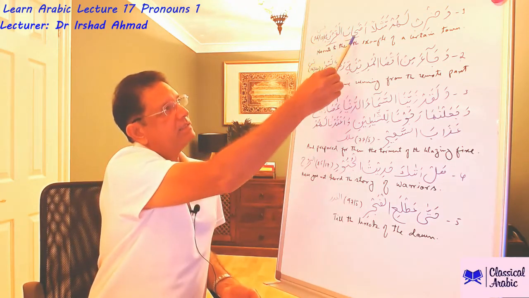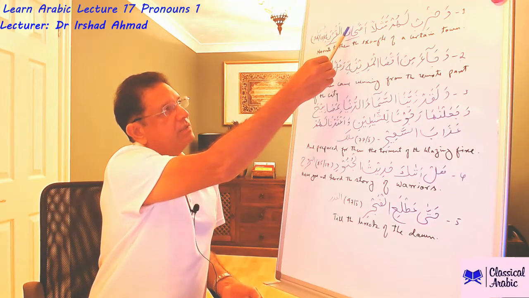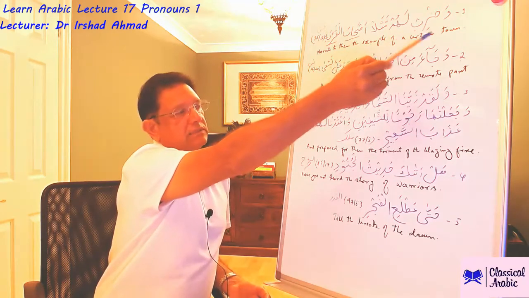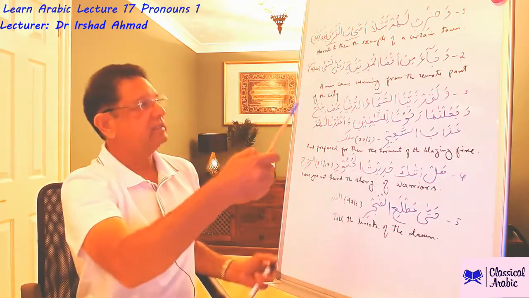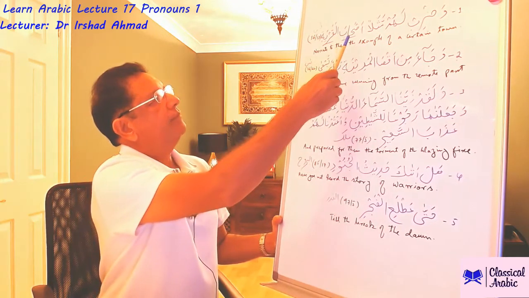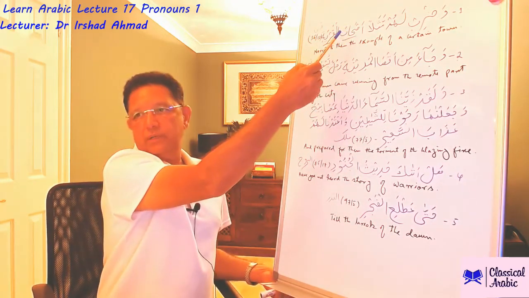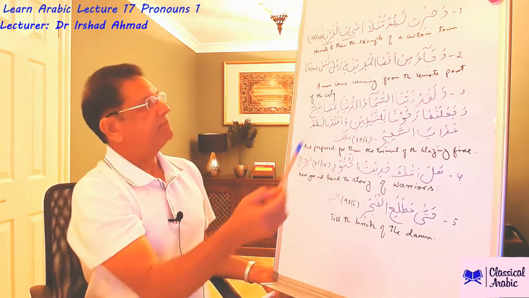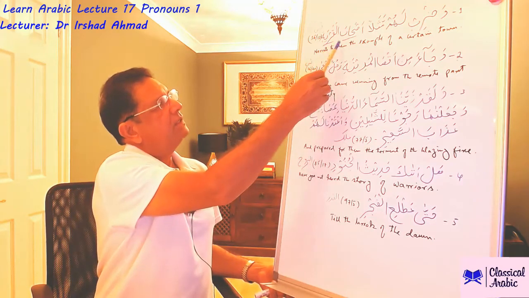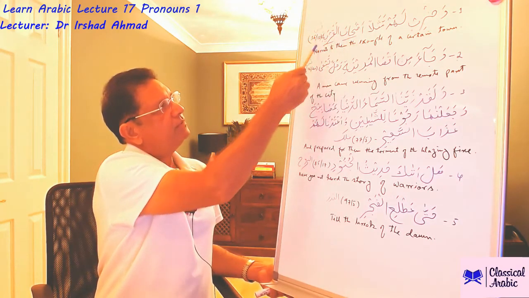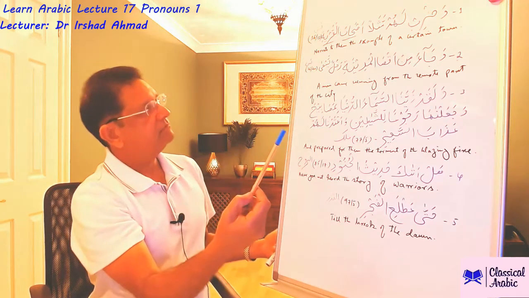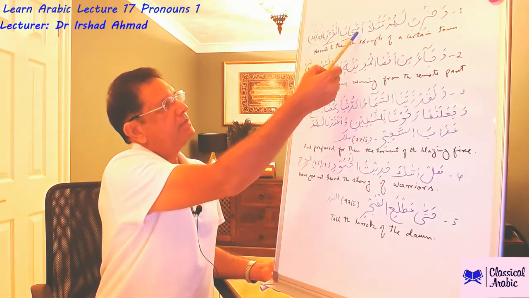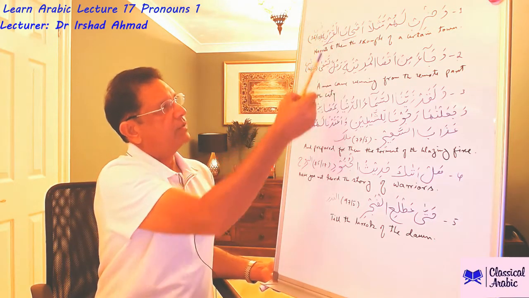So in this example, muzaf is mansoob, it is in state of nasab. Why is it? Because we haven't studied fail yet, so we can't really discuss that at this stage. But the point is that muzaf could be of any i'rab, and muzaf ilayh will always be in state of jar. So ashab al-qaryah, these people belong to that village in a kind of ownership, but not exactly really. It's an attribution. These people are attributed to that village.